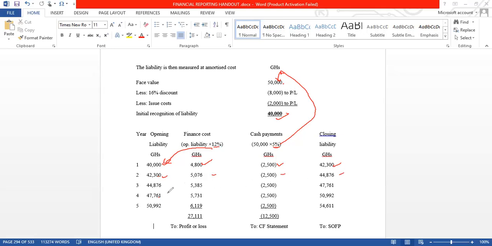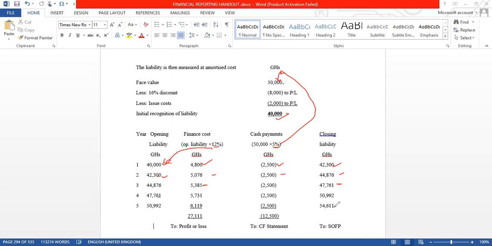But in an exam question, just check the year that you are supposed to prepare, because you just pick the finance cost of those years and the closing liability of those years. All right, so you go through there and do your amortization table. Okay, so you see,